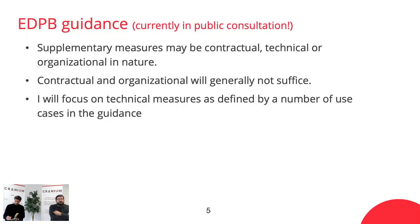technical and organizational. And organizational might be other measures like specific policies that you decide on, where they mention, well, contractual, organizational, that's all fine and dandy, but in the end, probably only those two won't suffice because, well, contracts can be broken, organizational measures, policies can be ignored. Technical measures, on the other hand, can have a very strong safeguard because they can be avoided if they are correctly applied. So again, that's what we're focusing on right now, those technical measures that were mentioned in the EDPB